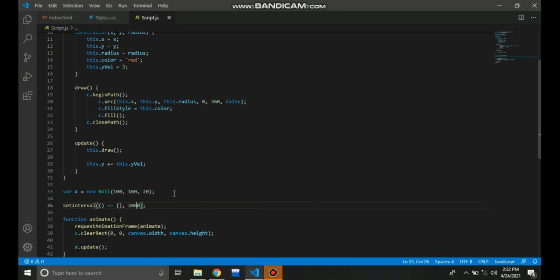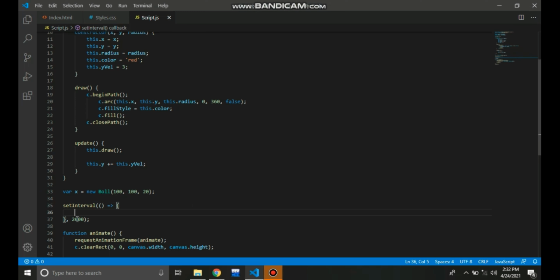Well, what you are seeing here as 2000, it's actually milliseconds. The time in setInterval and setTimeout is always in milliseconds. So 1000 milliseconds equals 1 second. After every 2 seconds, I want to create a new ball. For that, I'm just gonna say balls.push new Ball,